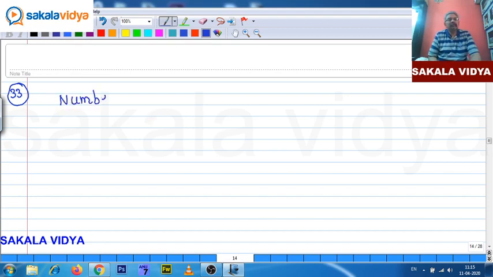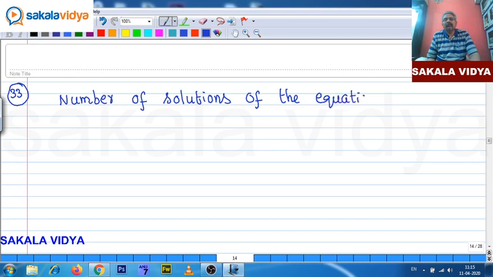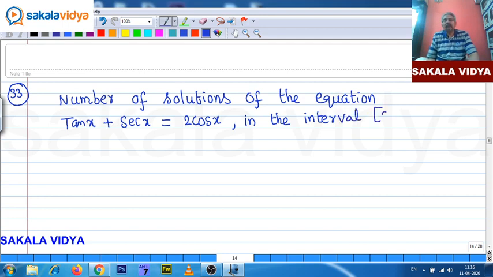So, number of solutions of the equation tan x plus secant x is equal to 2 cos x in the interval 0 to 2 pi, both 0 and 2 pi included, is